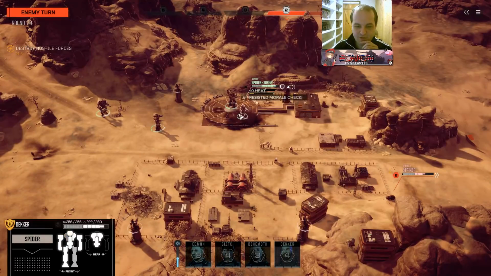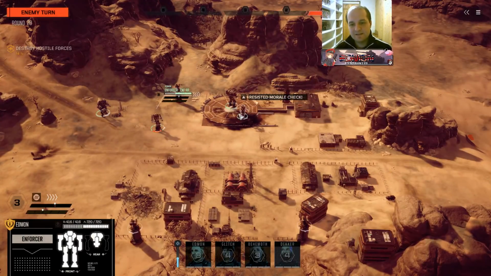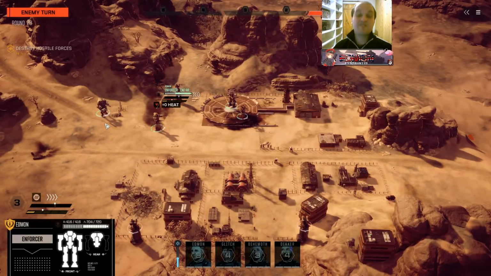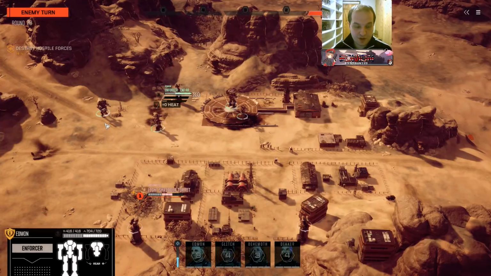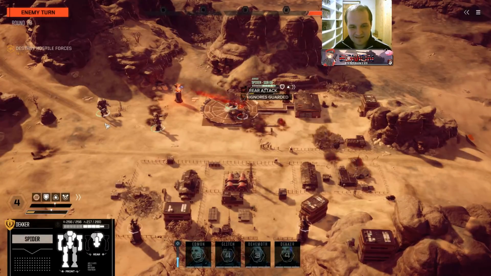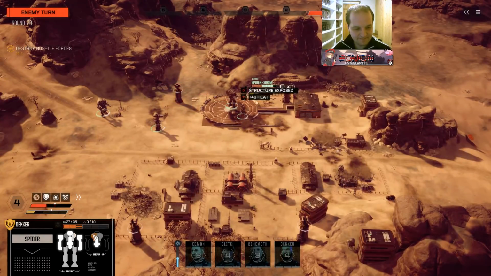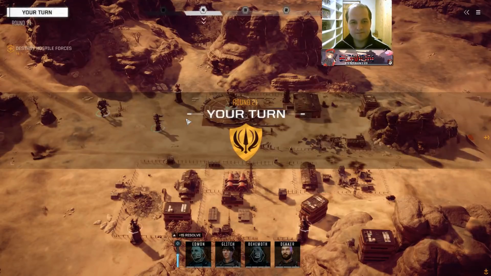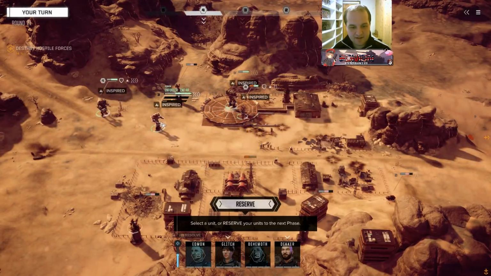Fortunately, the spider is braced, so it should be okay. Light damage. Holding firm. And turrets are not, generally speaking, a good shot. Yeah, that was an awful shot. Okay, that's fine. That could have been much worse than it was. Armor blow through. Internal damage. Okay, so...